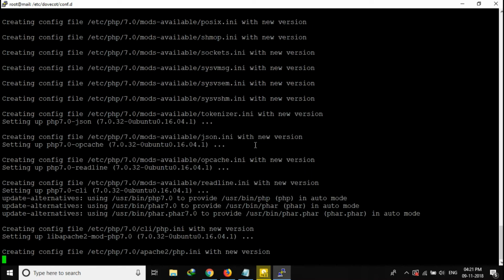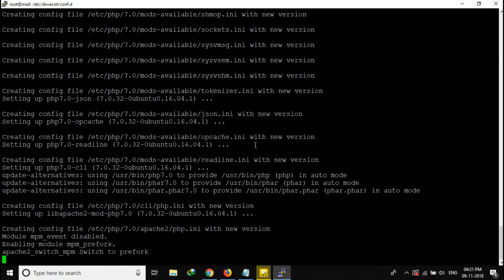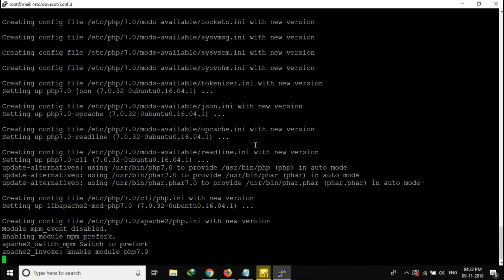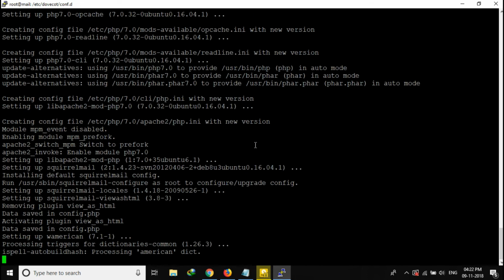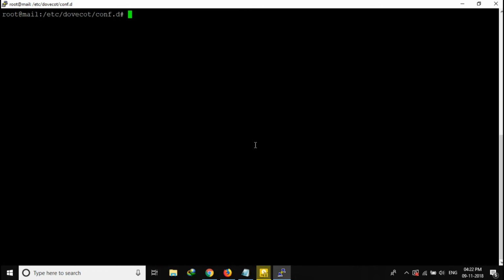So after installing it, we have to configure it so that we can use the webmail and send and receive emails both locally and of course to the internet. Now it is taking some time. Oh, it is done. Let's just create a screen, and now to set up SquirrelMail, first we have to go to the folder,